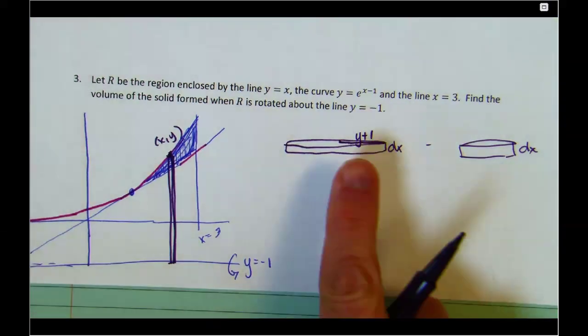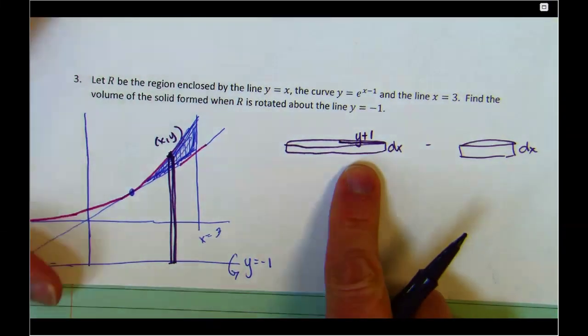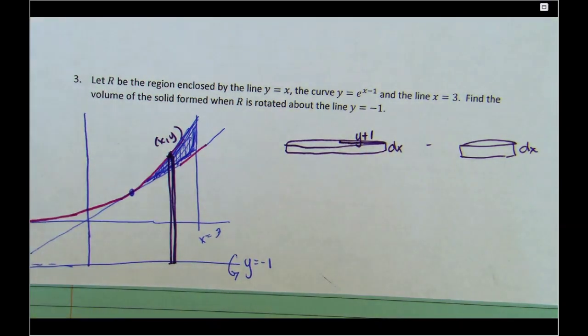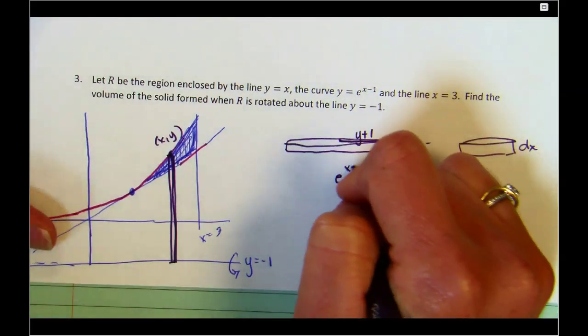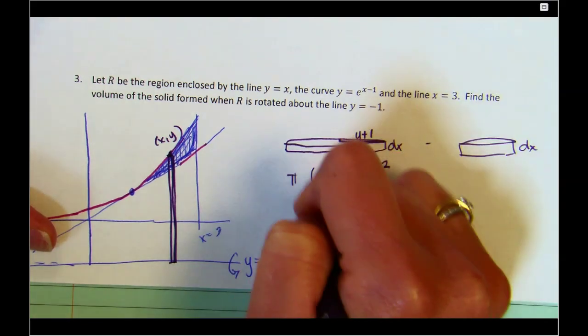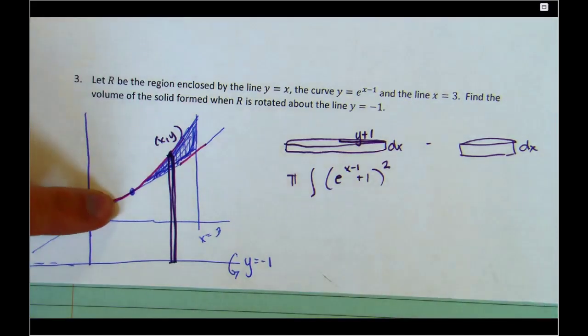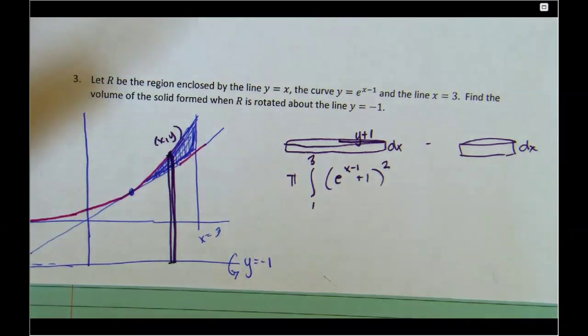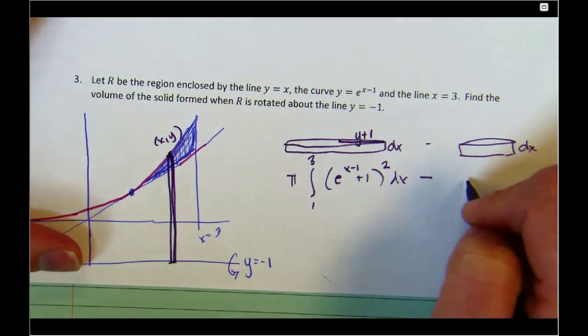Like I said, we're not going to math this out, but which one's on the top? It's e to the x minus 1 and then plus 1, so pi radius squared. What's the intersection point? It's 1. So it's from 1 to 3 because we end at 3. It's capped at 3. And then the other one,